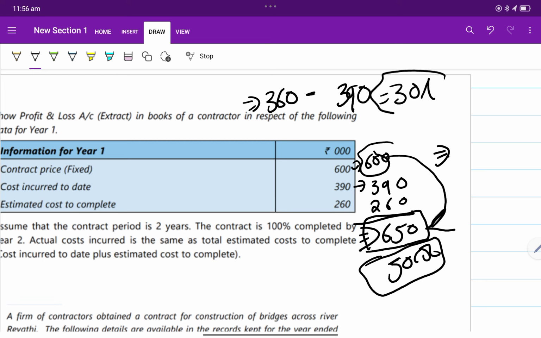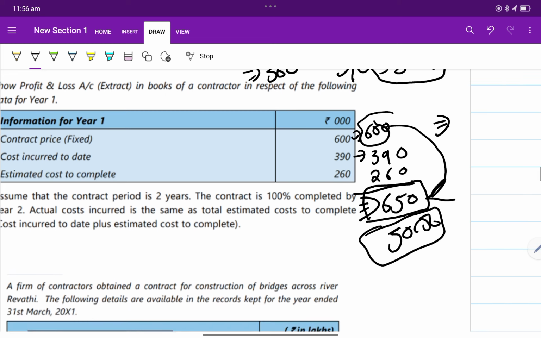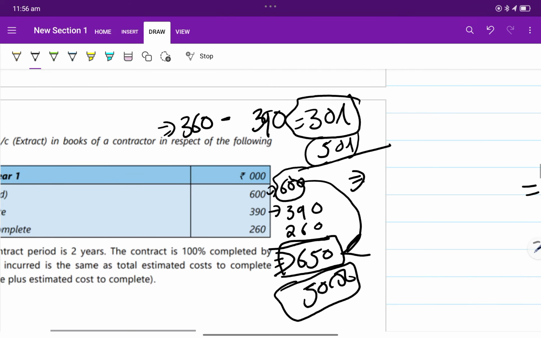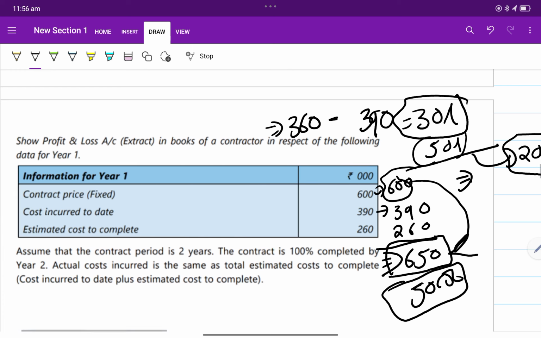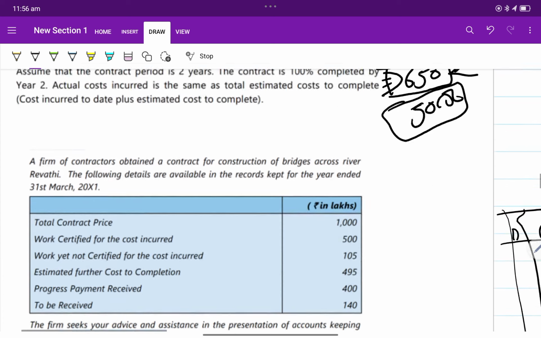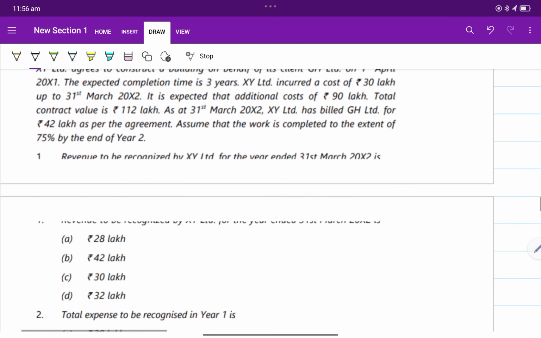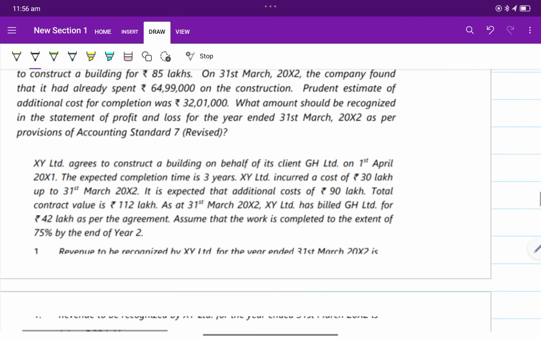30 lakhs. So what is the future loss you need to recognize? Total loss is 50 lakhs, and what you already booked in the books of accounts is 30 lakhs. So you need to book 20 lakhs extra loss this year, Nana, as a provision. So I have completed this question. This looks the same as the previous question, Nana. So next, MCQs given in the